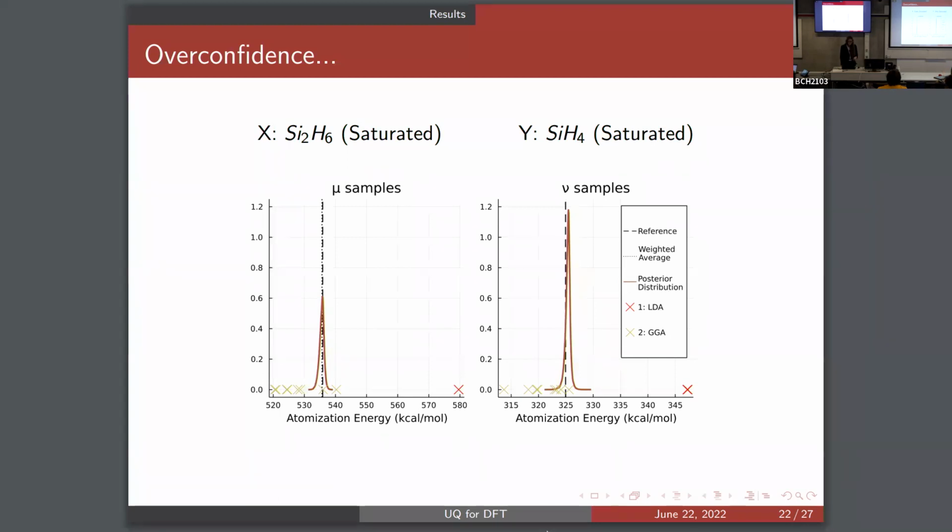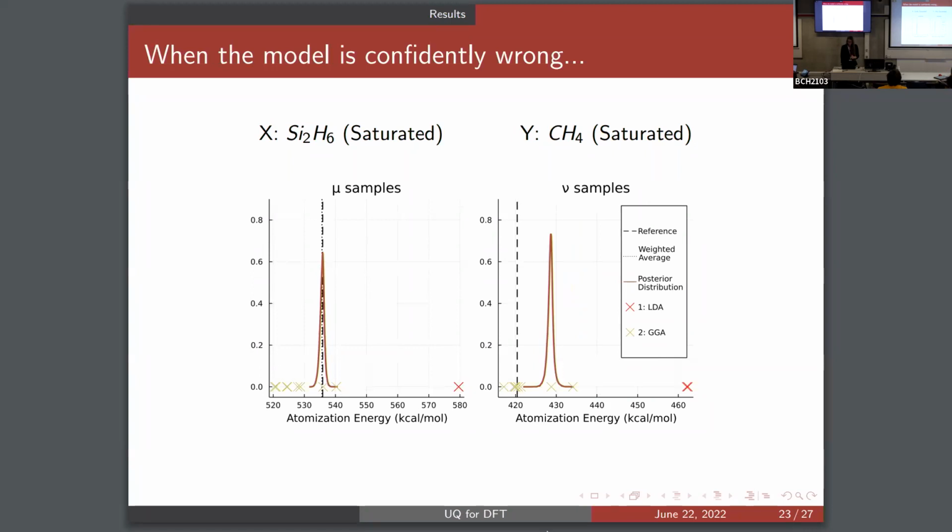prediction. If we take the same X prediction and use a different Y prediction, we can see that the previous case where we were directly on the reference was a coincidence. What occurs is that there are certain circumstances when the model can overweight one particular DFT functional and make an inference where the uncertainty is not meaningful. And these are limitations that we will have to address with our predictions for this